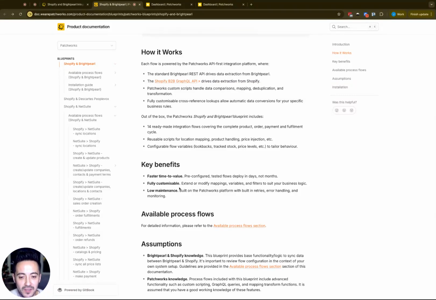Fully customizable as well. So not only do you get these flows pre-configured and set up, and they will work out of the box, you will also get the ability to add in extra flows to send that data onto the next system as well. If you have a CRM or if you're pulling data from a PIM, you can use the Patchworks blueprint as a stepping stone or a kickstarter to getting you live with Shopify and Brightpearl, and then you can add in any extra systems later on, as your phase two or phase three,